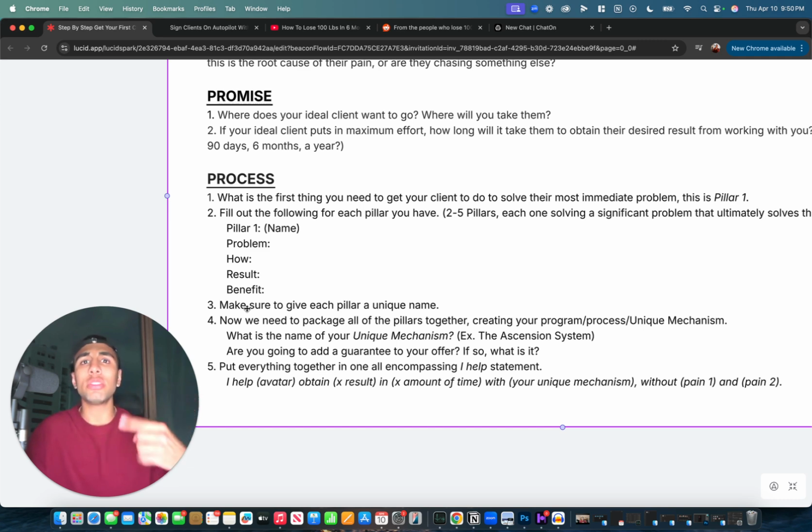So that way you don't spend days binge eating. You're able to quickly get back onto the track on the diet and on the training routine. That's the how. And the result is you're going to stay consistent with your training and your diet so you lose weight like you want to. That's the result. And the benefit is that way you can look in the mirror and see the six-pack and feel proud of the man that you're becoming.